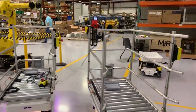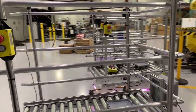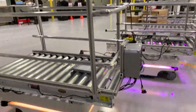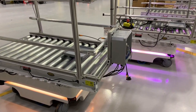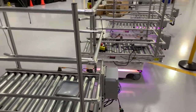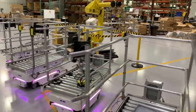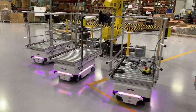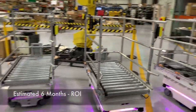Around the back here, you've got just an external PLC box. We're using a Click PLC and a few other things to communicate with the robot. There's also a PLC inside of the robot, and sound so that the employees in their manufacturing facility can hear them coming. Again, really exciting project, quick turnaround, payback,